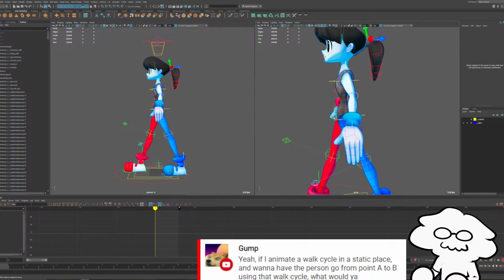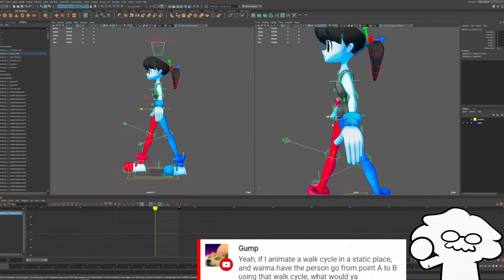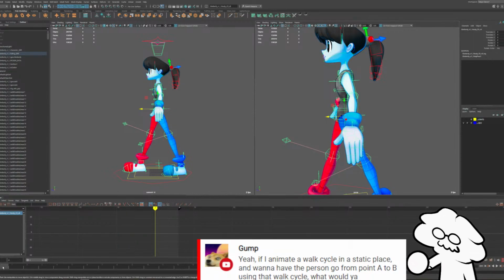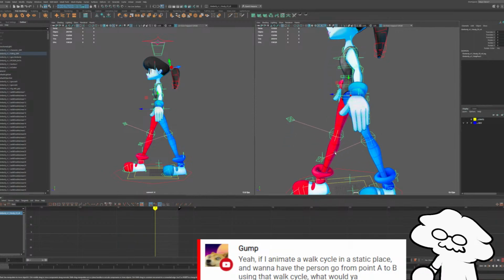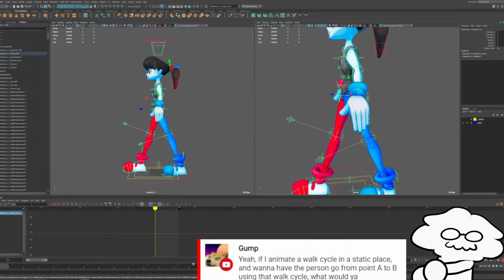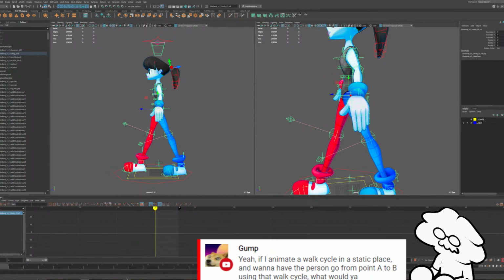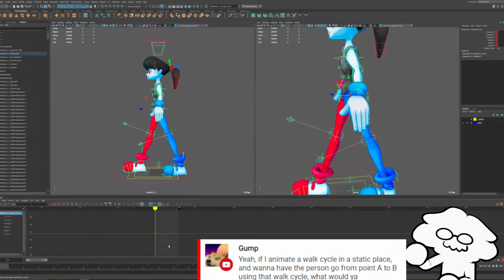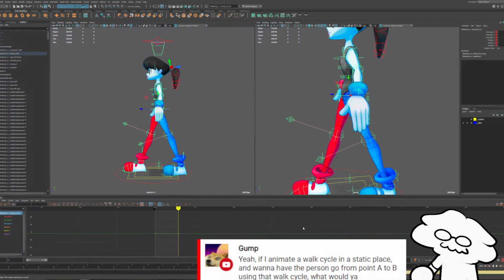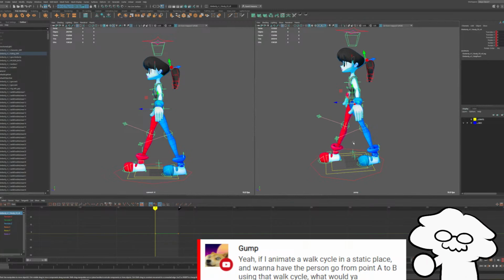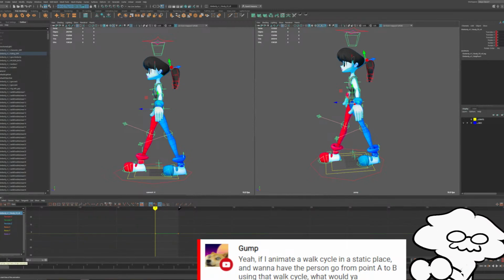So the other thing we'll do, another very key movement that's required for walk cycles, is we want to move the body down and then up. So let's say this is a good position that we want them at for frame 0 and frame 30. So we'll again key their upper body in this position for frame 0, and then for frame 30. And we'll continuously be doing that because we want it to loop perfectly. So we want frame 0 and frame 30 to be the same throughout the whole thing.